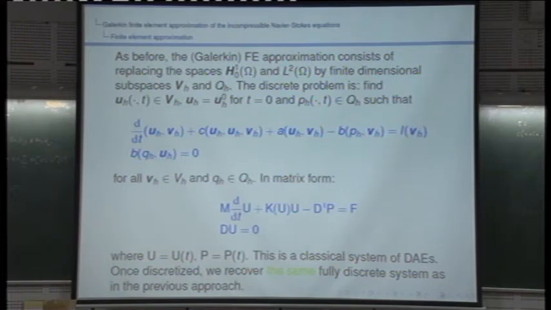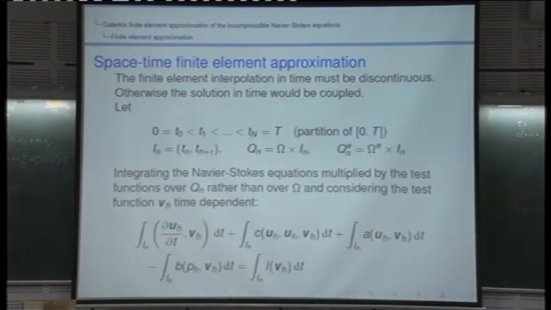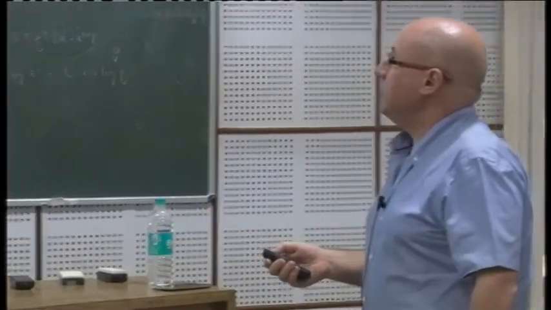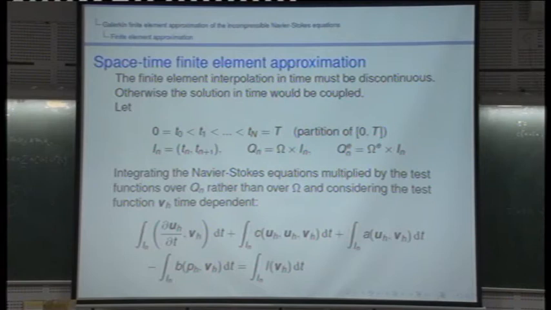Any of the techniques that we have seen before, okay? So, there is another possibility that I just want to mention, and this is closely related to the variational multiscale framework because that was very much used in that context for reasons that we will see, which is the space-time finite element approximation. The space-time finite element approximation. What is the idea? The idea is that instead of working in space and then discretizing in time,